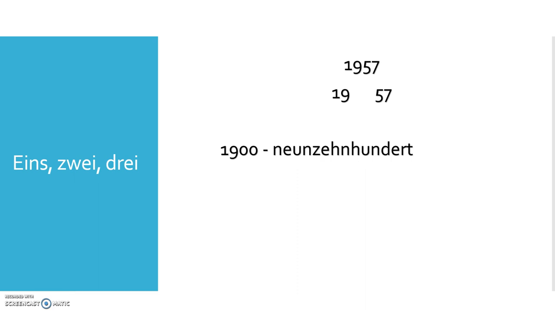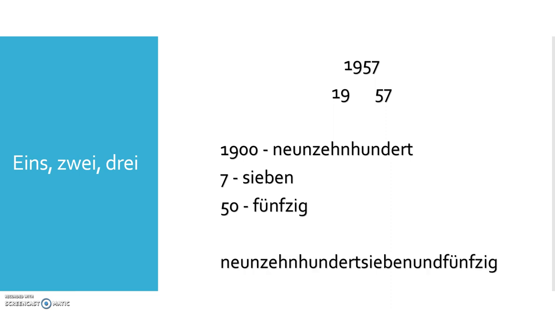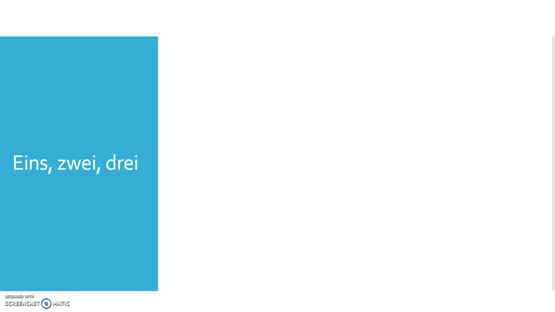And then you have to deal with 57. And how do you say 57? It's going to be 7 and 50, right? 50. So 1957. Can you do that? 1957. Yes, that's exactly how we would say that here. Once again, 1957. Okay. Let's try a different way.